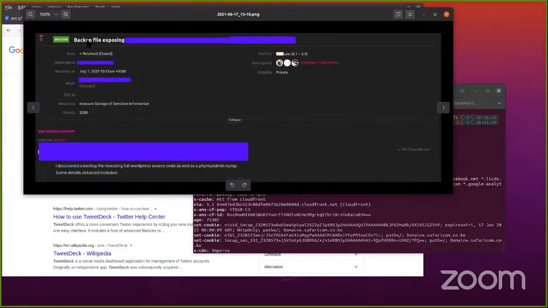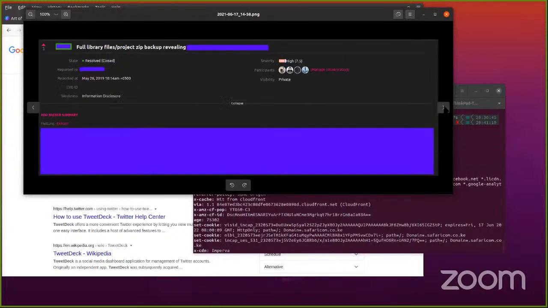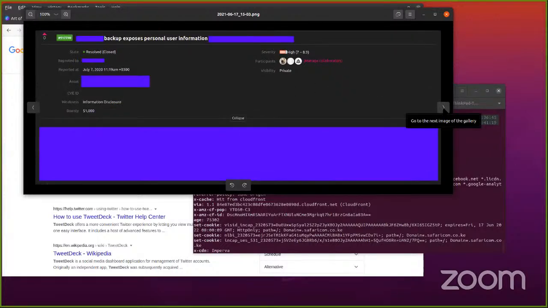And the final one, another backup file I found. The rest, I have not actually scraped the information from them. If I showed you, it would reveal information about a private program that's not supposed to be revealed. So that's everything, and just a practical application of how I've used this to find other backups